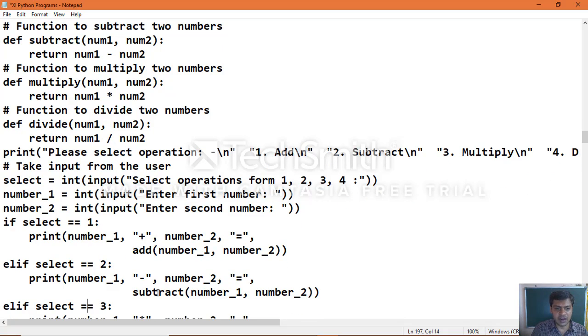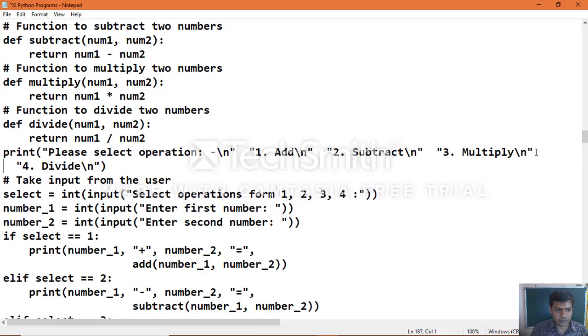We'll be giving operations in such a way that we can make use of them. So add, subtract, multiply and divide. These are the four options which we are providing, and we are calculating the four different operations taking input from the user.